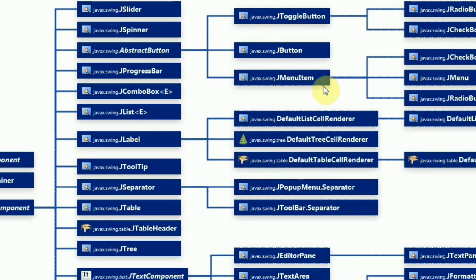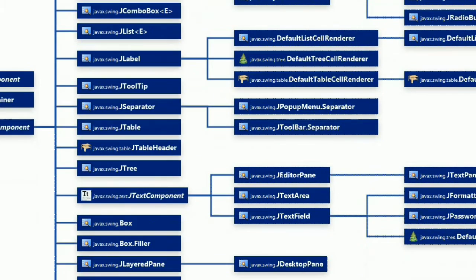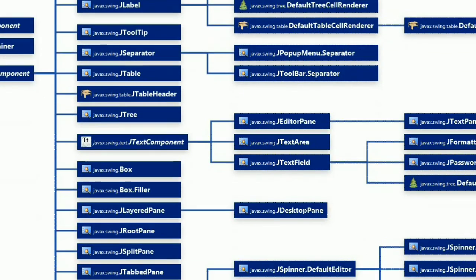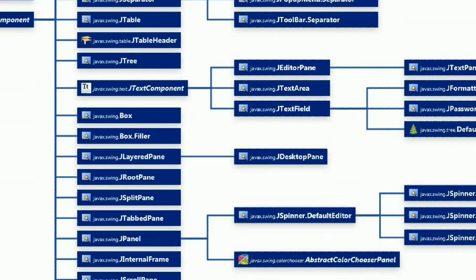And then you have JCheckBoxMenuItem, JMenu and JRadioButtonMenuItem, all derived from JMenuItem. And then there is JLabel over here. Then JToolTip, then JSeparator, then we have JTable and all this. So you can look at that in the hierarchy. All these are the component classes.